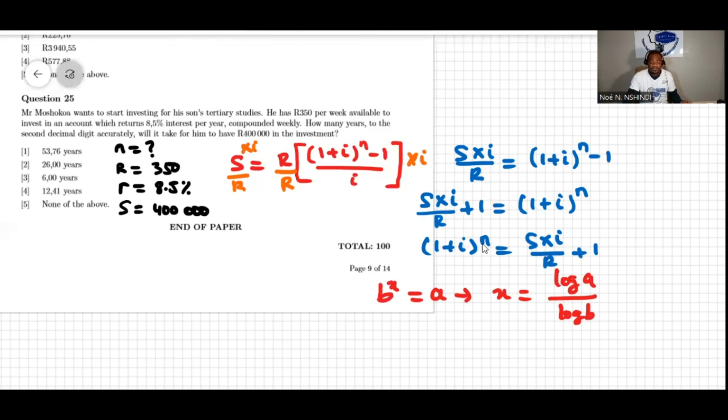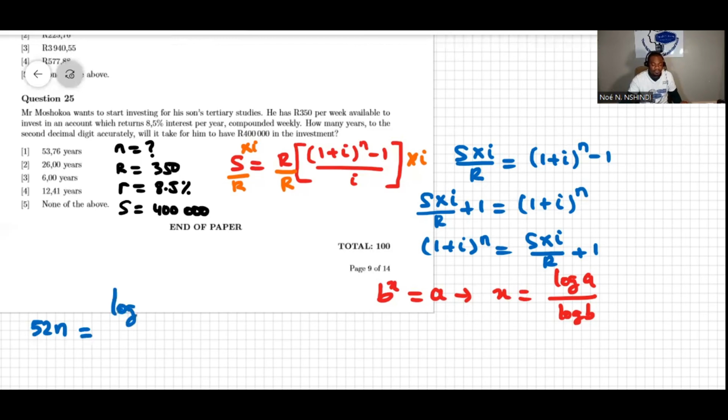Now it's always important to keep this in mind. They say compounded weekly. You know that there are 52 weeks in a year. So over here I'm going to write 52n. The exponent is like x here. So instead of writing n, I'm going to write 52n because there are 52 weeks in 1 year, equal to